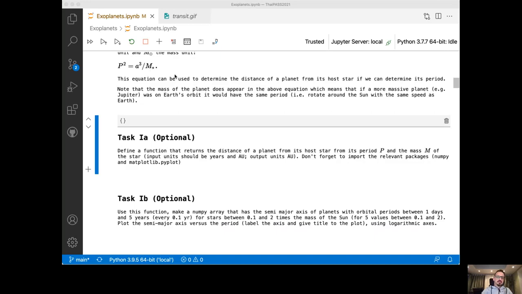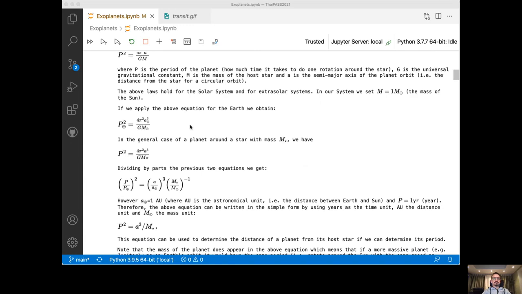And one interesting thing that you need to note in this equation is that the period of the planet does not depend on its mass. It depends on the mass of the star, but not on the mass of the planet. Okay, so that's the Exoplanets 1